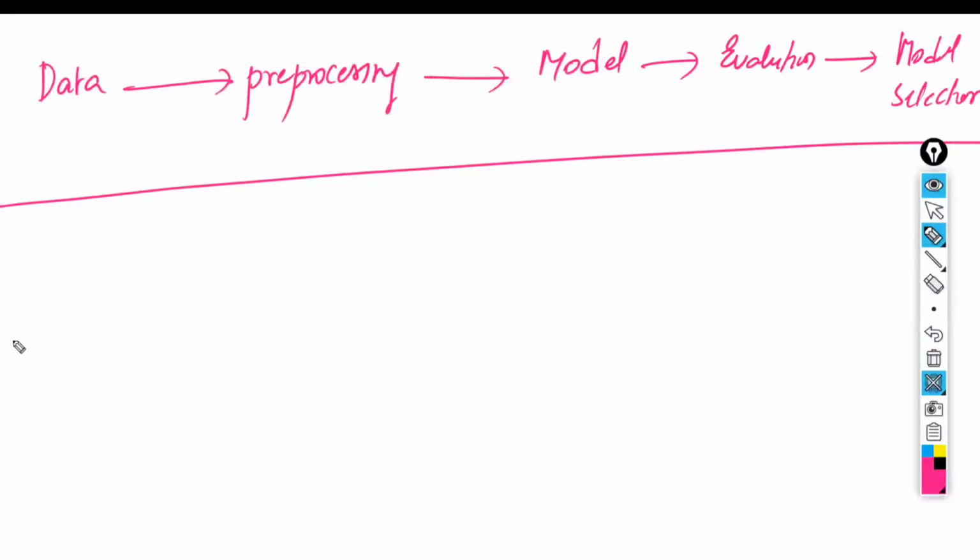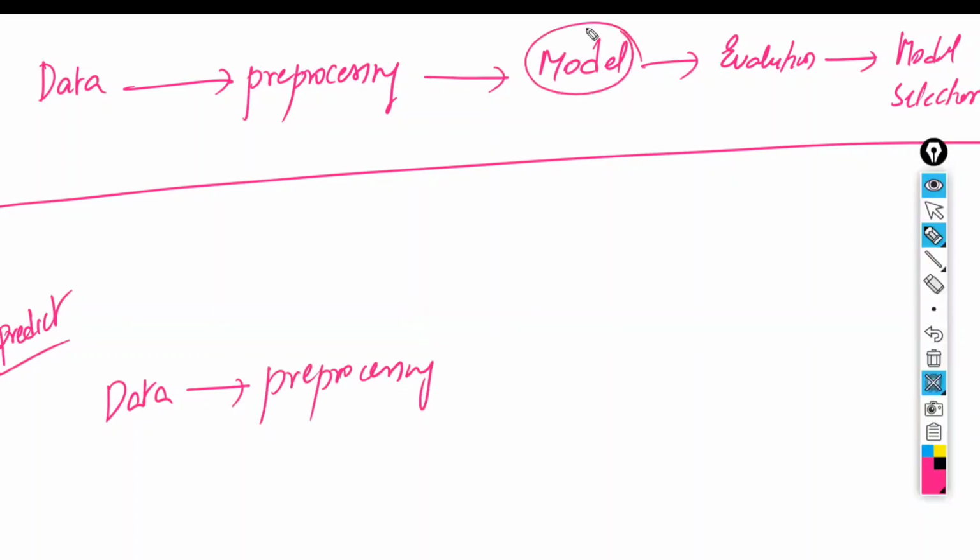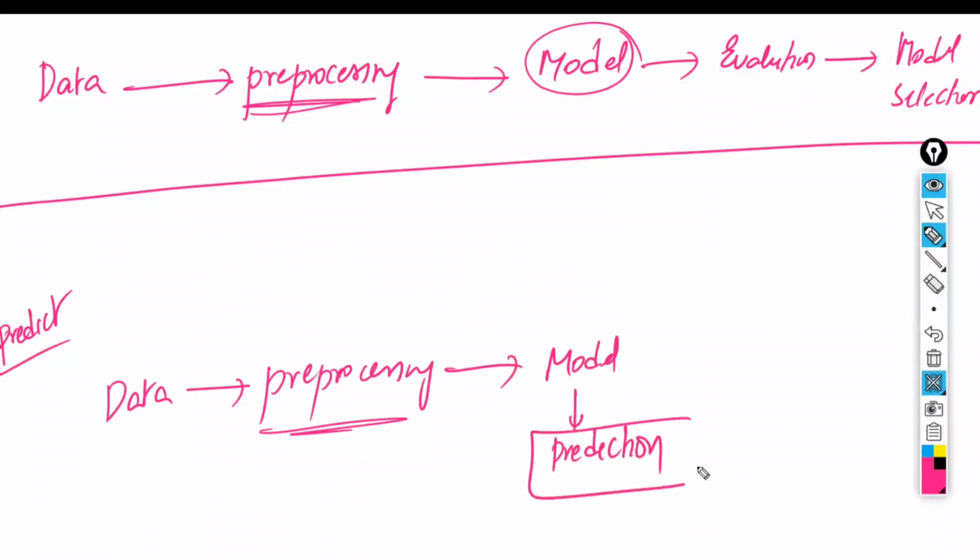For unknown data, whenever you want to predict, first you have to take the data. That data has to be pre-processed. Whatever pre-processing steps were involved in getting this model, the same pre-processing steps you have to apply here also. Then apply the model and see the prediction, your answer.